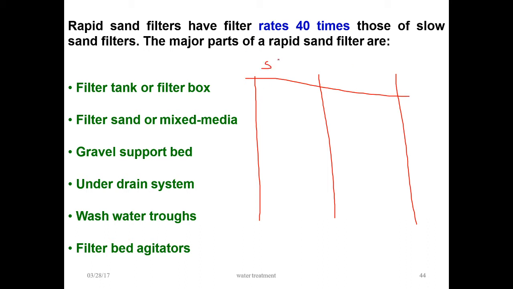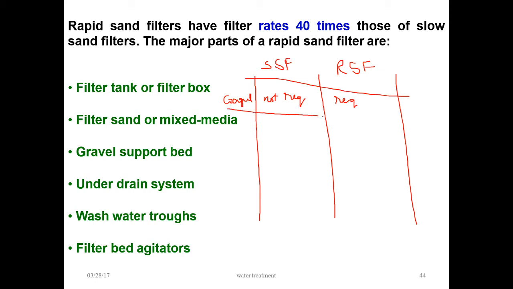First of all, take coagulation: for slow sand filters, coagulation is not required. For the rapid sand filter, coagulation is required.